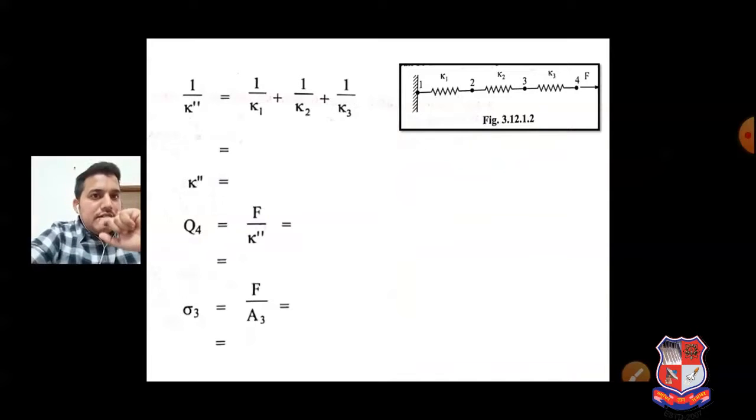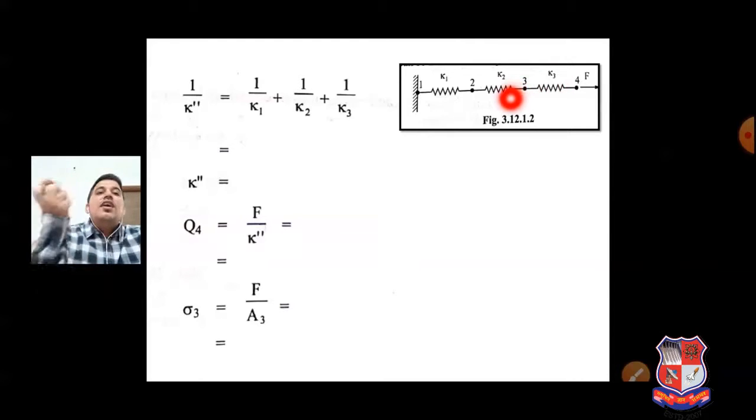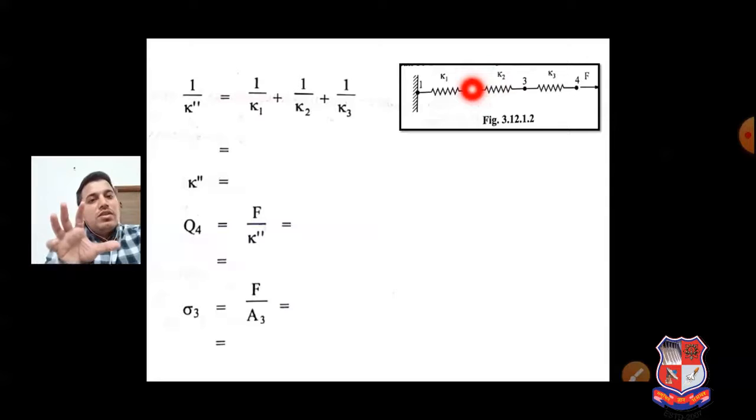Now here we want to find Q4. When we are taking Q4, we have to combine K1, K2 and K3, all three stiffness matrices. So the global stiffness matrix changes as per the different nodes, and we have to combine it. If we take the first element, then only one stiffness is required. If we find it at node number 3, then we combine K1 plus K2, and when we find it for node number 4, we have to combine all stiffnesses: 1 upon K1 plus 1 upon K2 plus 1 upon K3.